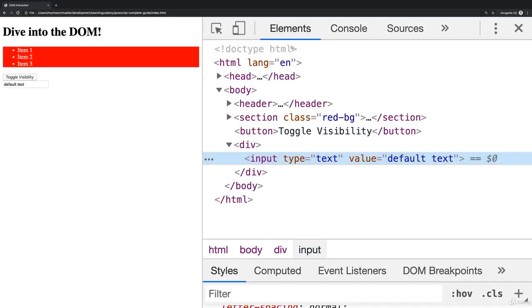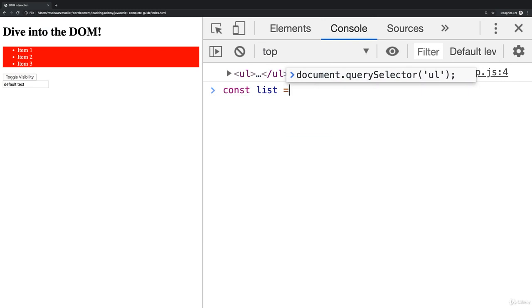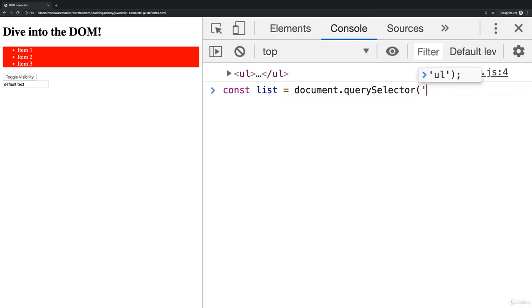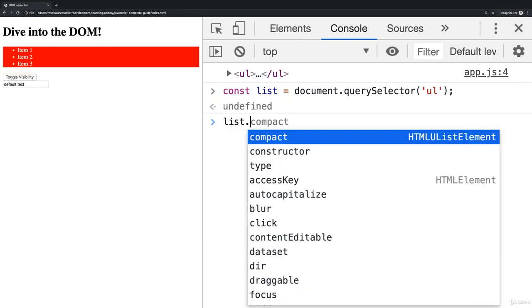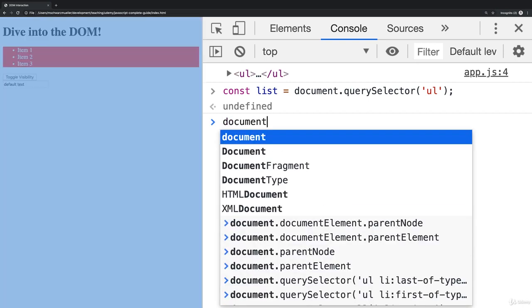So here I reloaded this page on which we worked all the time. And now let's say here in the unordered list, I want to add a list item at the end on which we can click. Now for that, just as before, we can get access to the list with document.querySelector('ul'), like this. And now, of course, we could use innerHTML or insertAdjacentHTML, but now I'll do something else. I now want to create a new element node here in JavaScript and then append it at the end of the list. And this can be done with